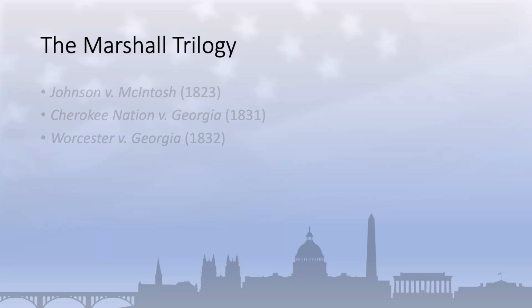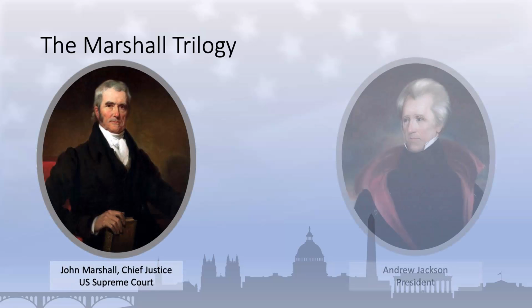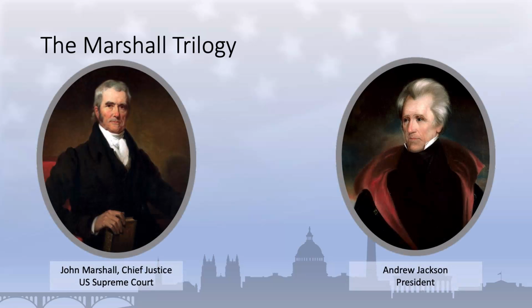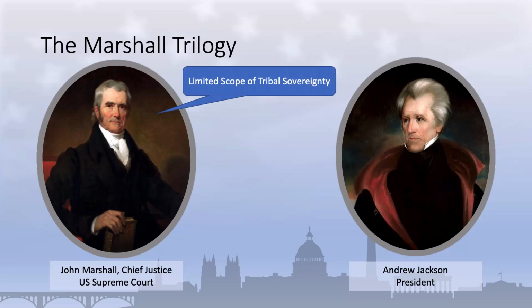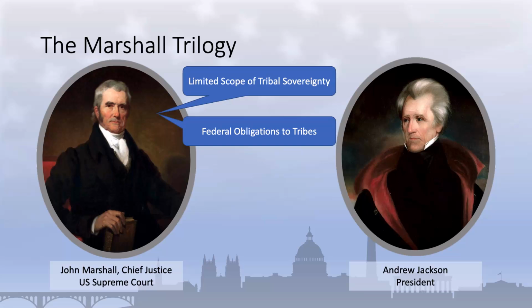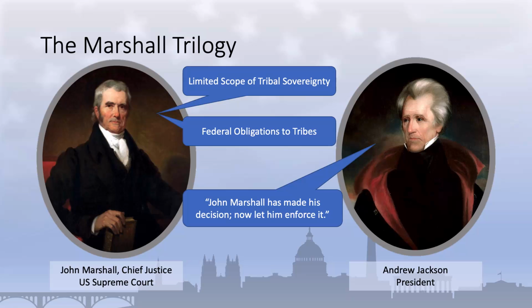And interestingly, they also pit Chief Justice John Marshall against President Andrew Jackson, who wanted to force the removal of Native American tribes from their territory more quickly. While Marshall's decisions limited the scope of tribal sovereignty, they also envisioned, at least in theory, certain legal obligations on the part of the federal government to the tribes. Jackson, on the other hand, rejected the idea of indigenous sovereignty altogether, arguing in favor of forced removal and dispossession of Native peoples from their lands, a policy in direct opposition to the Marshall Trilogy framework. As a result, following the court's decision in the Cherokee Nation case, Jackson famously asserted, "John Marshall has made his decision, now let him enforce it."